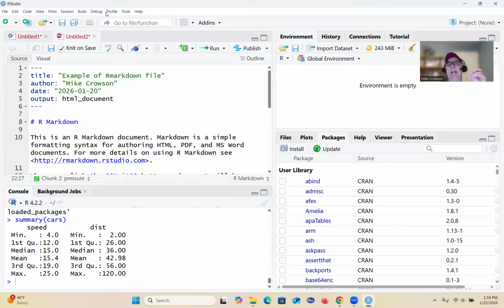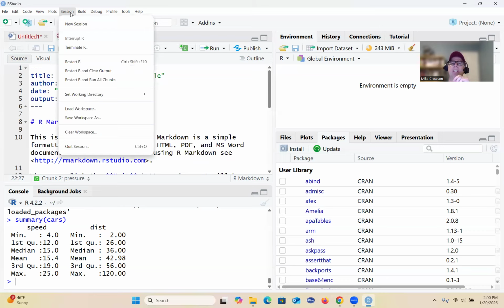So to do that, we're going to set a working directory. Essentially, everything that we end up saving, when we stitch the HTML file, will be another file saved under that working directory. So what we'll do is click on Session, and I'm going to go to Set Working Directory